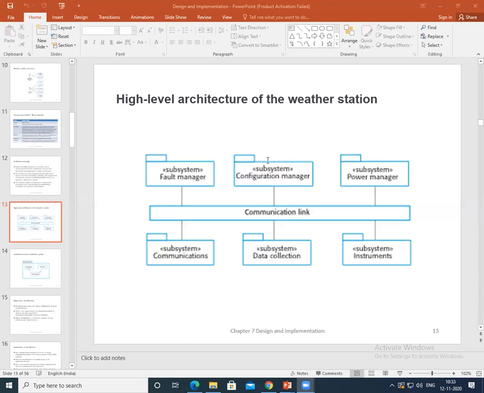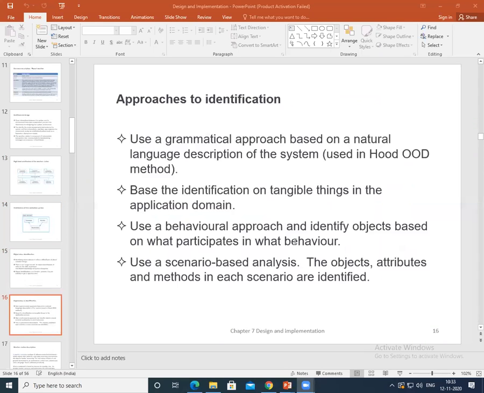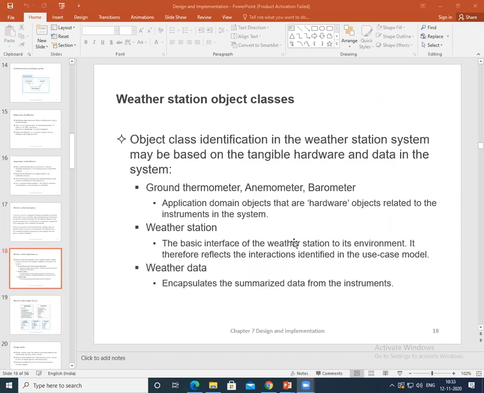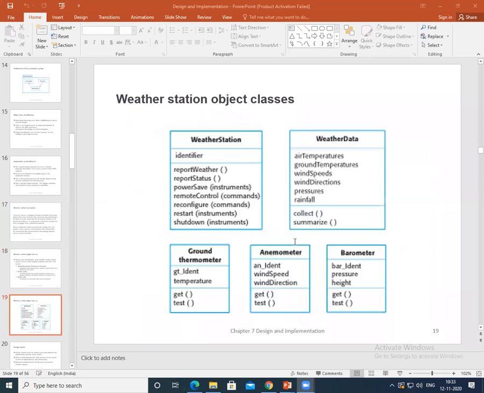So coming to the topic, if they ask you what are the weather station object classes, even this comes under architecture. So you have to represent this with respect to the class diagram, the attributes and its operations. What are the weather station objects? If I ask you simply to explain the concept of object class identification, the topic is object class identification. So object class identification is representing these weather stations: what are the objects, what are the attributes, and what are the operations of a particular object.